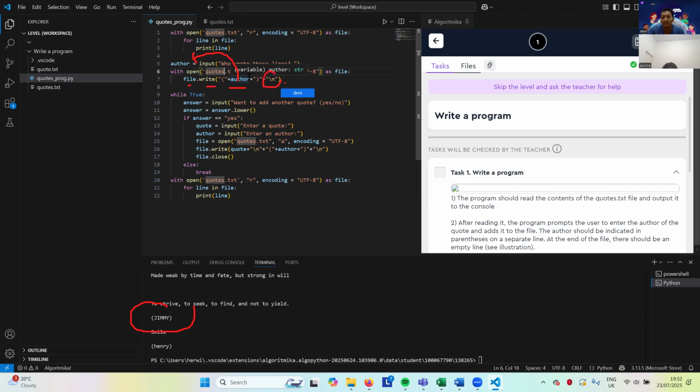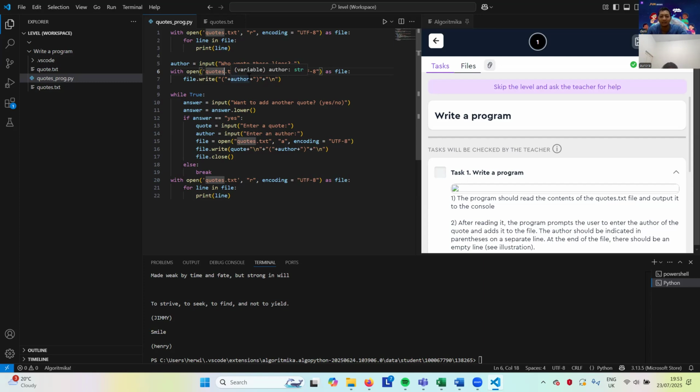What is backslash n? Backslash n is like pressing enter. On your quotes.txt, so far understand? It is different when you use W. When you use W, the text before will be deleted, so only Jimmy would display.